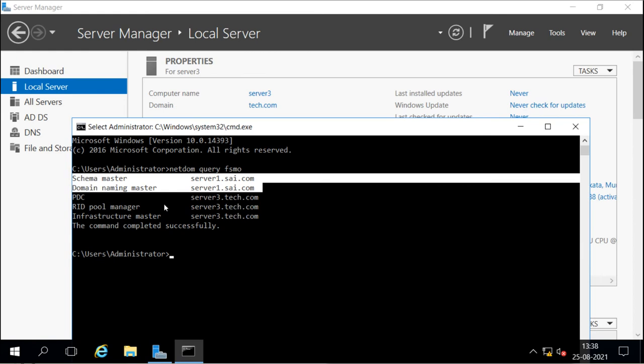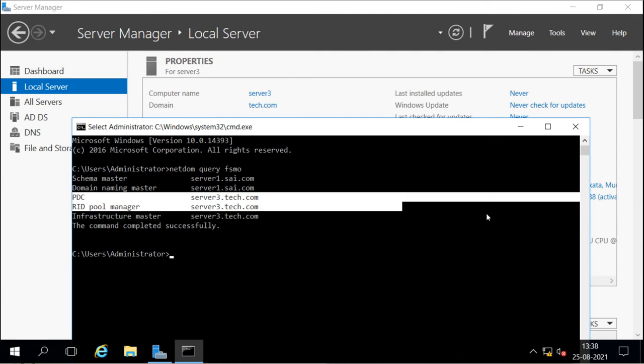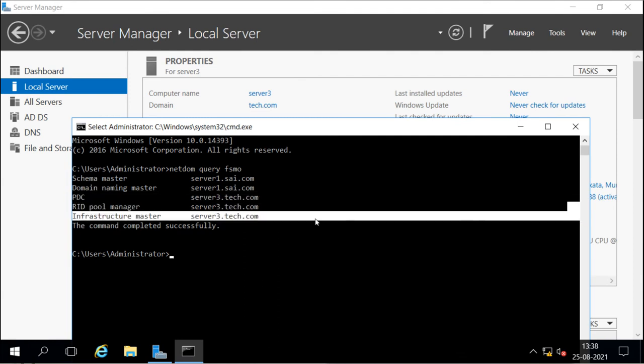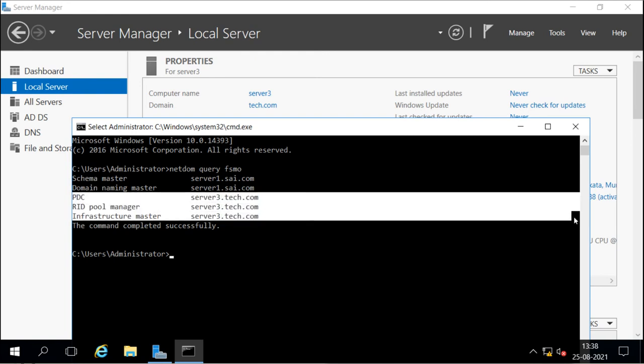But these 3 roles, PDC, RID and infrastructure, are available on this server itself. That means this tree domain server, server 3, also has these 3 roles. So these 3 roles are available for this tree domain. Now when you go to the child domain,